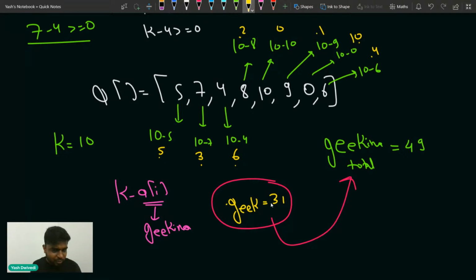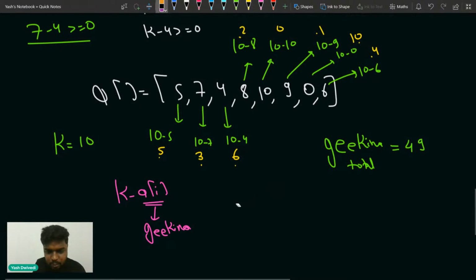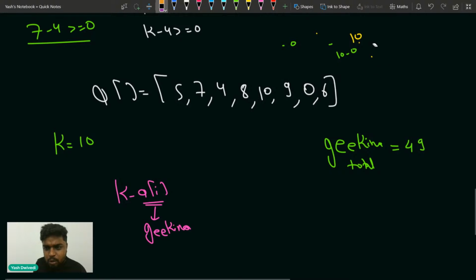So will this K work for me? No, it will not work for me. So I need to choose another K. So what I'll do is I'll say that, instead of this K, what if I choose another K? Let's say if I choose, instead of 10, if I increase the K value to 11, what if my K is 11? If every juice is present 11 unit,